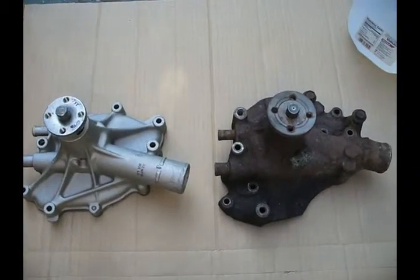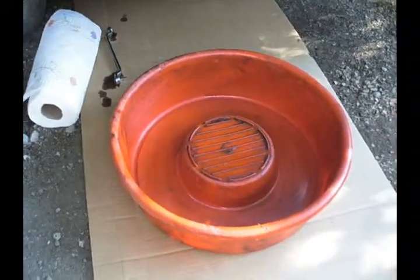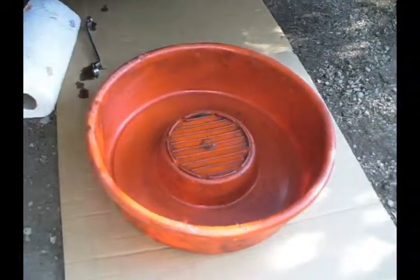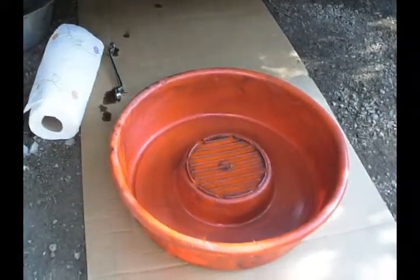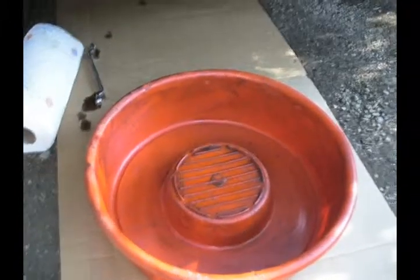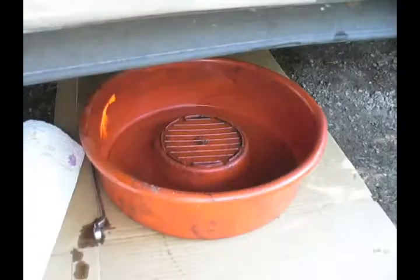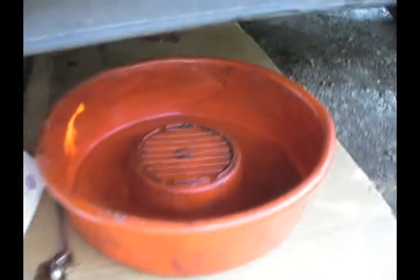Alright, I'm going to change the oil. Waiting for the parts store to open up, so I'm going to change the oil. Before I started this job, after I got back from my 600-mile trip, I was at 3,000 miles on the old oil. So I changed it. Then I decided to do the water pump. And so there's brand new oil in the oil pan. But with all this